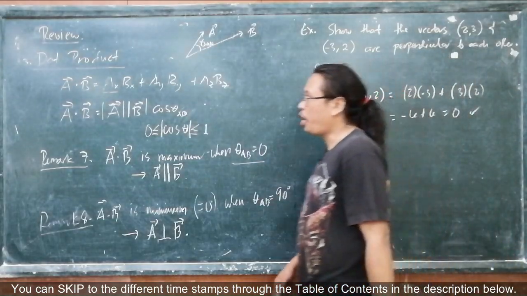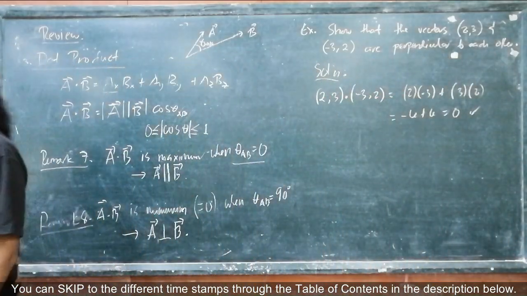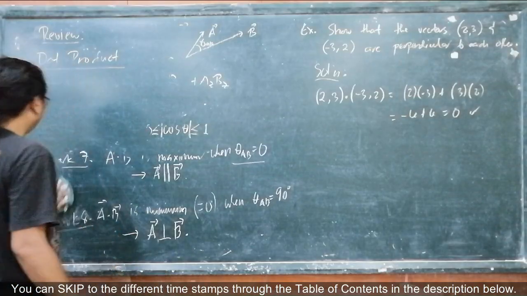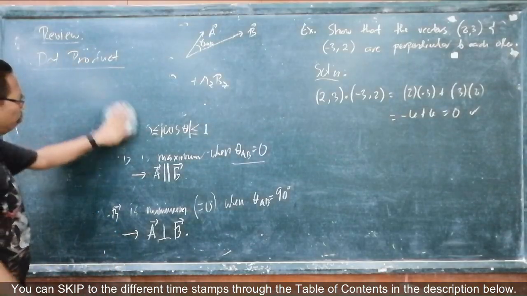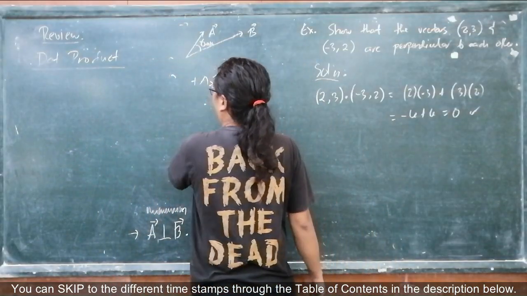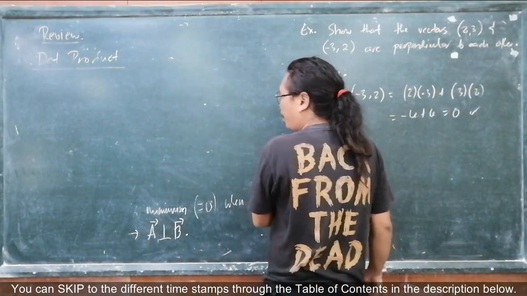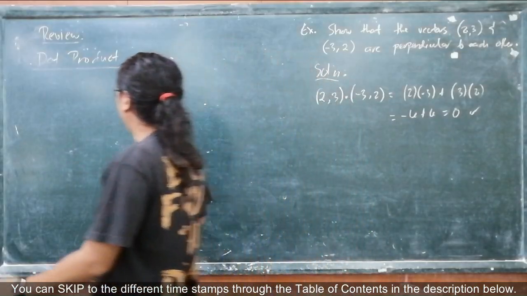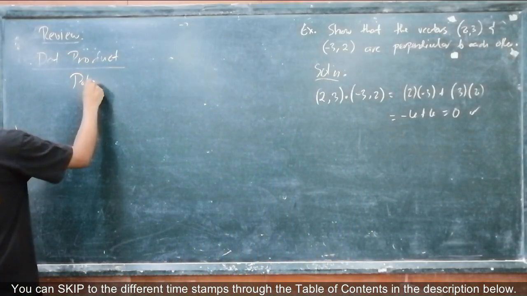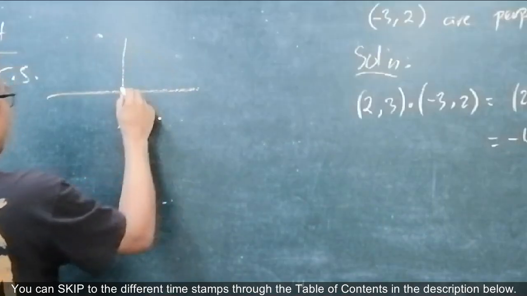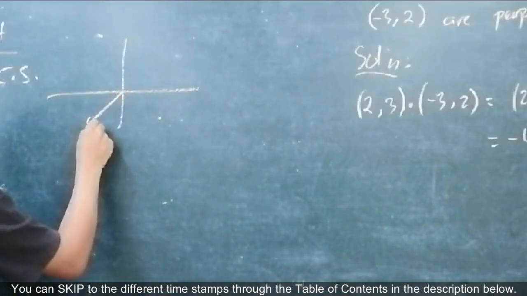I'll just introduce a new way of writing vectors. And that is using the, well, I don't know what the name of this is, but I call this the modified polar vector. Because in general, a polar coordinate system is given by the polar coordinate system. Polar coordinate system is actually this. Now for any vector here, you have